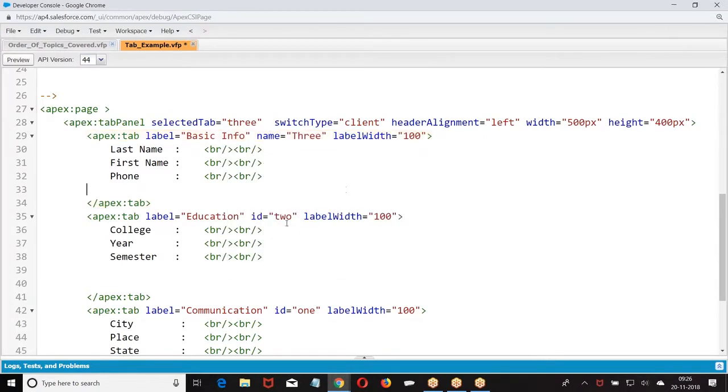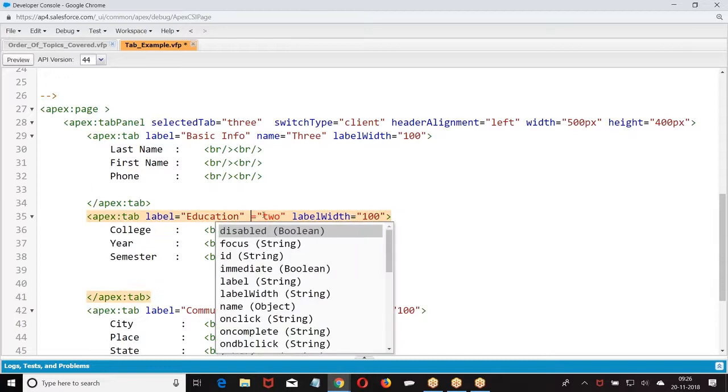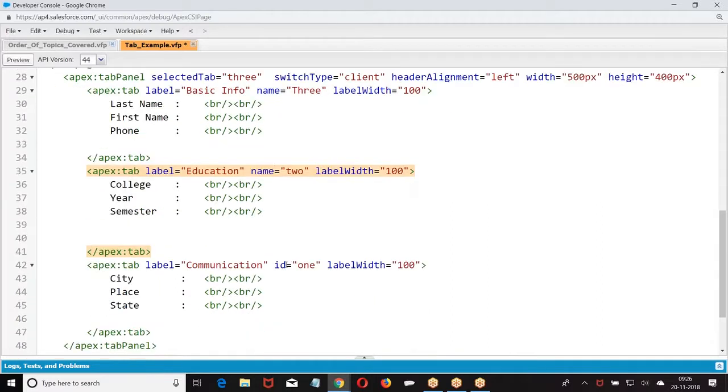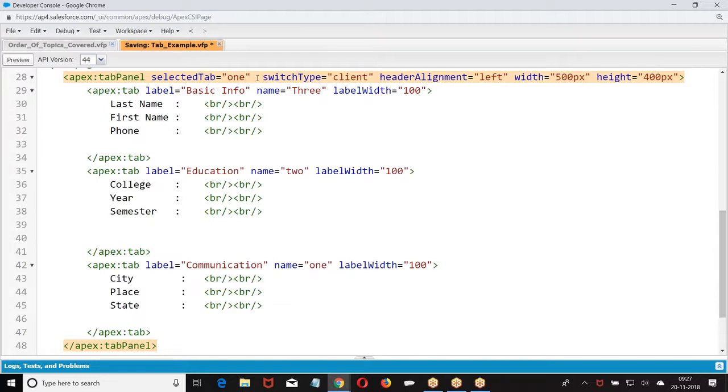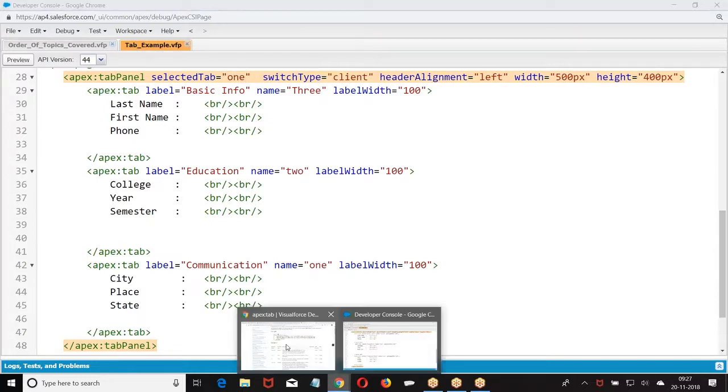If you want to control which one is selected by default, we can also give the name. I can control with the ID, I can control with the name.